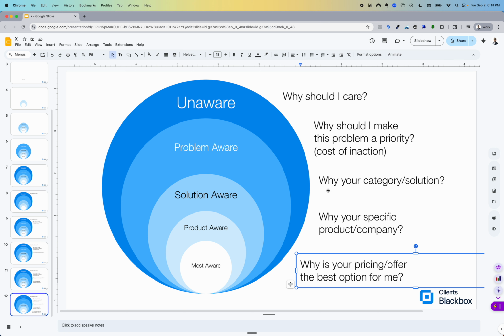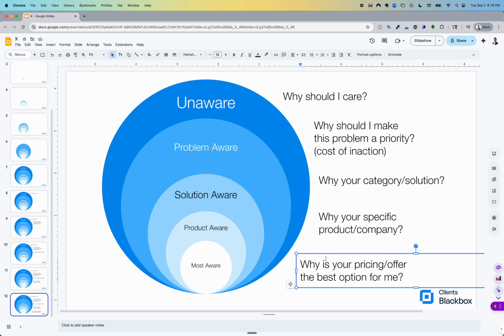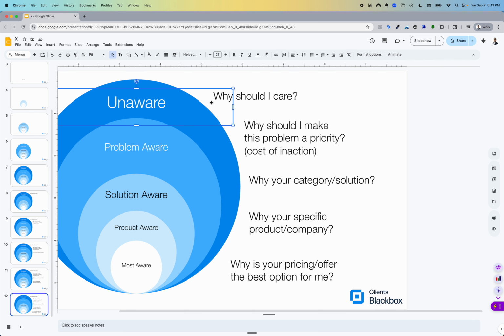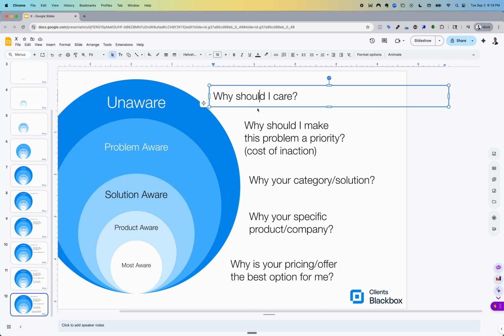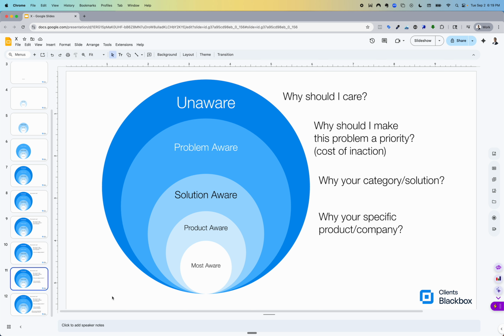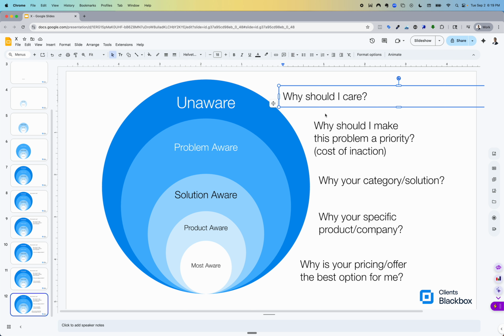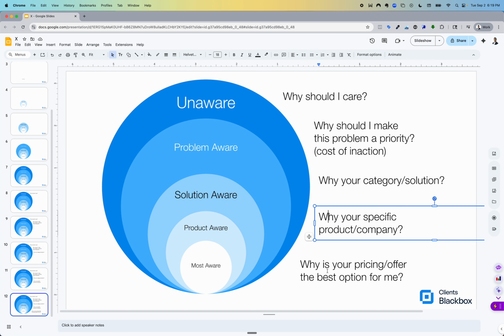So a full, perfect marketing campaign answers all of this in the most efficient, fastest way possible. Because guess what? If you just answer "why should I care," maybe you make them aware of the problem, and you don't answer the rest of them, you have educated your competitors' prospects. Because the next thing they're going to do, they might go search online or get an ad served to them, and somebody else is going to answer the rest of the questions and get them from you. Because you made them aware, you've added them to the market, now they're going to convert them, right?